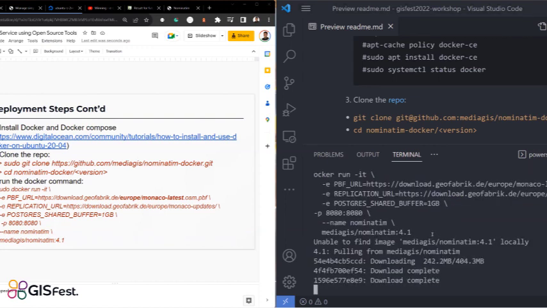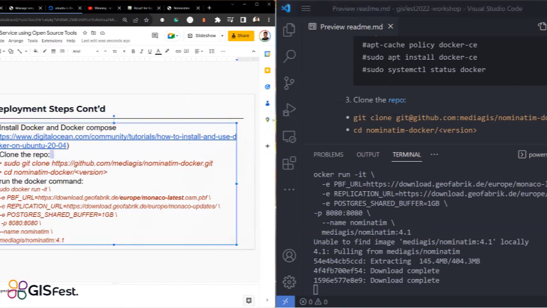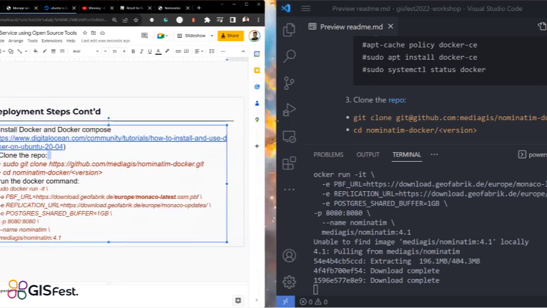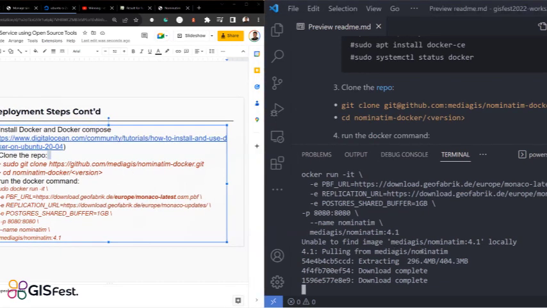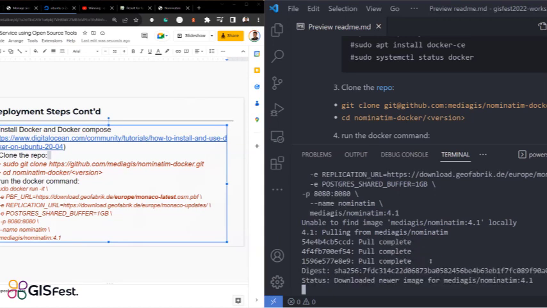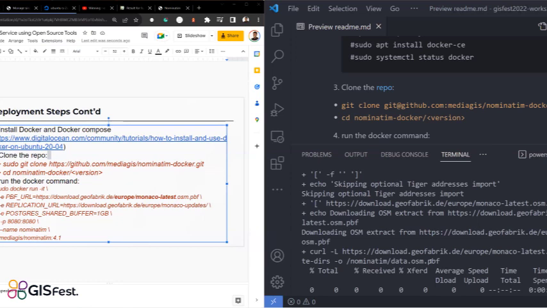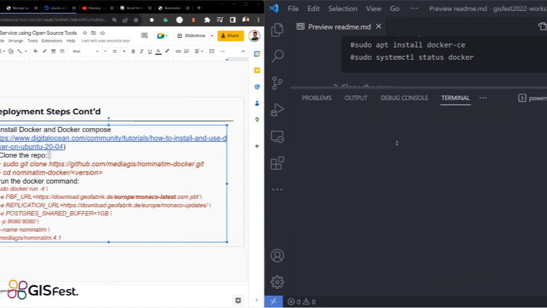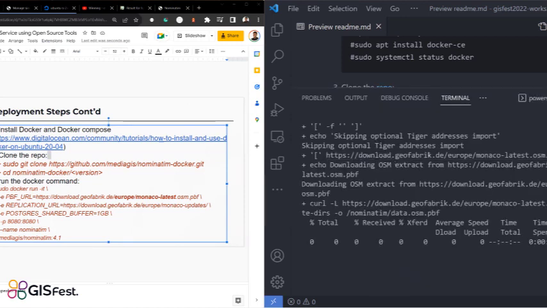Okay, fine. So the first thing, because the Docker container, or a Docker image rather, is going to pull the image from the public repo. So that's what it's currently doing. It's pulling this image, more like pulling that folder or that container where all the information, all the scripts, all the code and everything needed to run Nominatim is stored. So it's pulling it. And then after it's pulled the image, it's going to download the OSM data for this